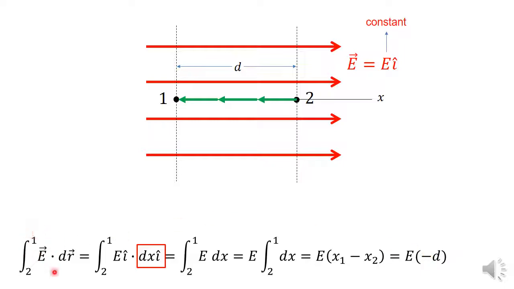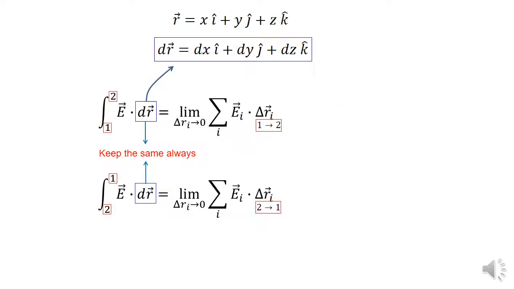So when you do this integral, you always put dr to be dx i if you're moving along the x direction only. You never put a minus sign here when you reverse the direction of the integration. The limits themselves will automatically give you this minus sign. So this is kind of a subtle point, but it's important to discuss. So this is how you would get the integration from 1 to 2 of E dot dr. This is how you would get the integration from 2 to 1 of E dot dr. You keep the dr exactly the same. It's always equal to dx i plus dy j plus dz k